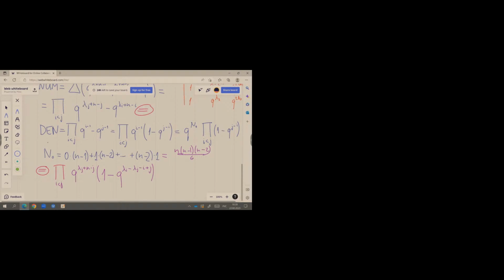So, let me take this q out. So let me see that I've got q to some big N times the product of 1 minus q to the power lambda i minus lambda j minus i plus j, right, for i less than j,